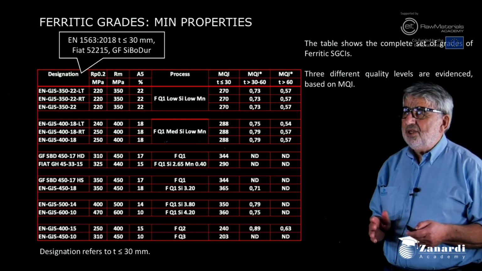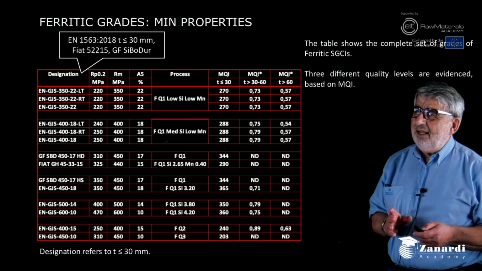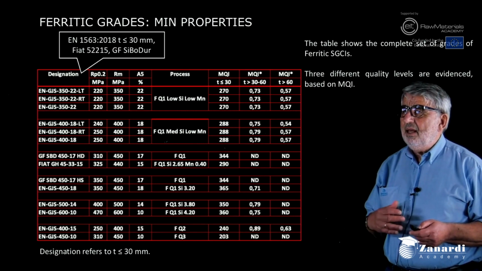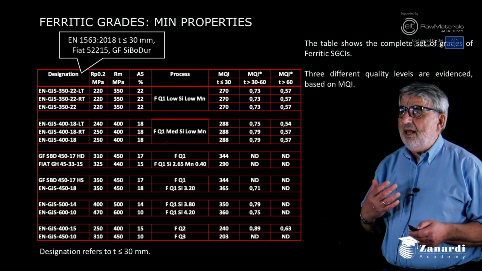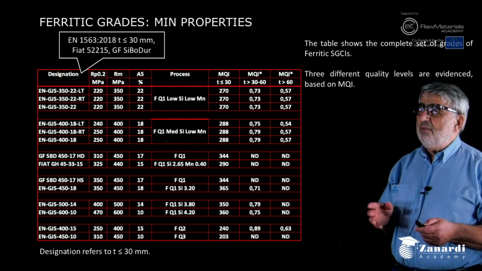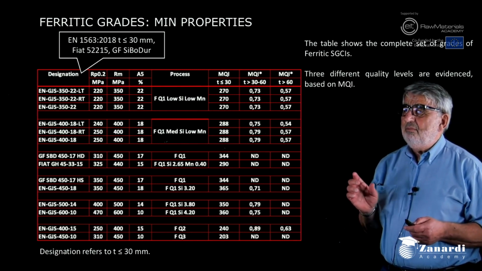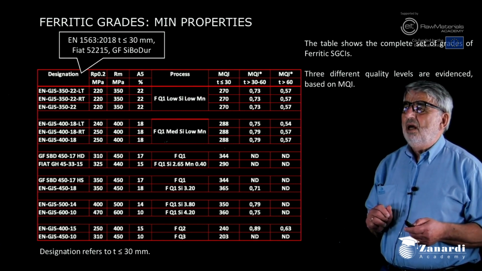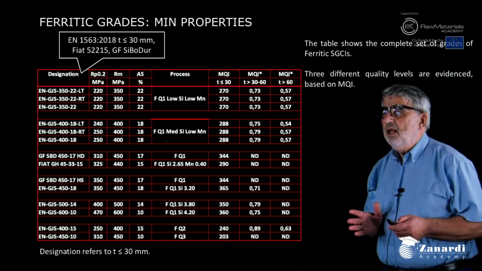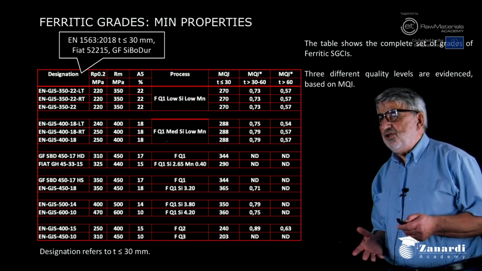After that you see the MQI star, that is the ratio between the material quality index associated to the minimum properties of the standard in the medium wall thickness from 30 to 60 millimeters, and on the last column you see the same ratio